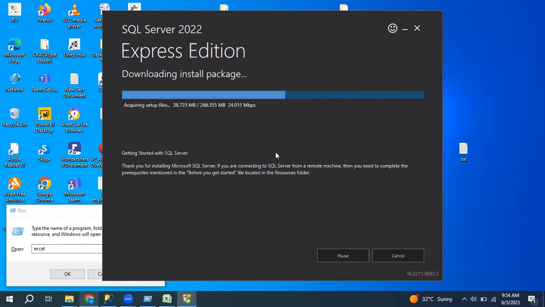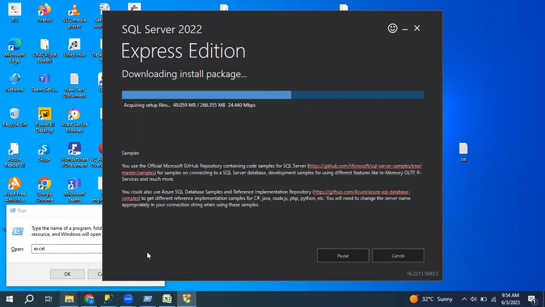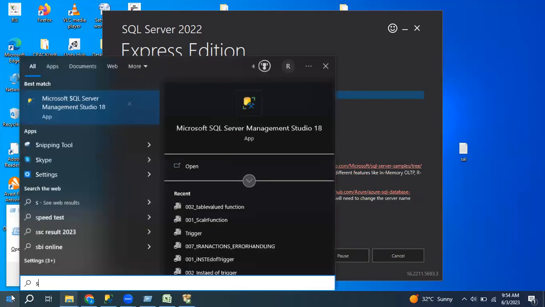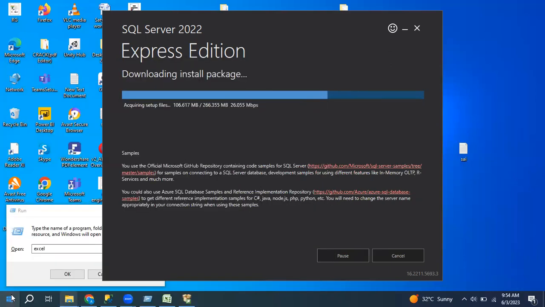Okay, after installation it will show like this. Still taking time. After installation, you can search in the Windows button, like SSMS.